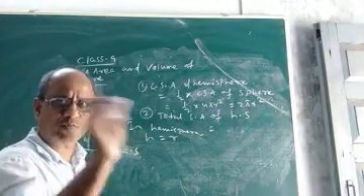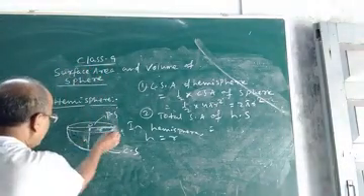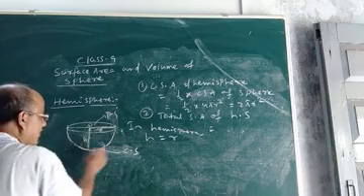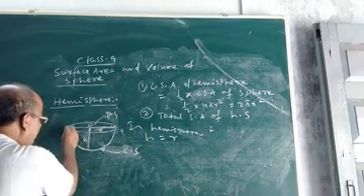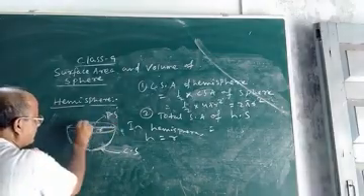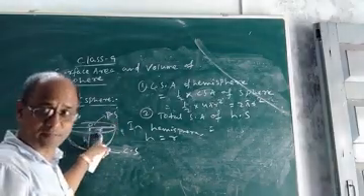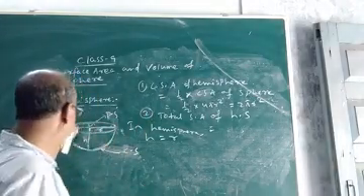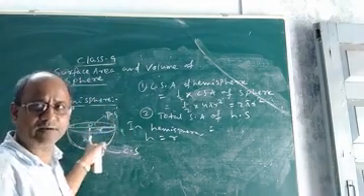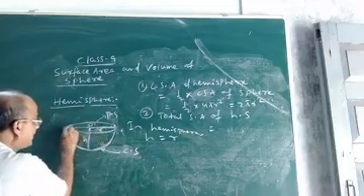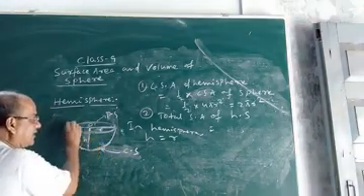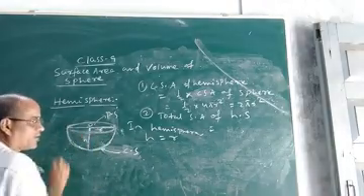When we want to find the total surface area of the hemisphere or hemispherical bowl, it will include this area plus this area. This is the area of the top, which is a circle. This plane is a circle. The top of the hemispherical bowl is a circle. So we have to find the area of this circle, the top, and add it to the area of the curved surface.